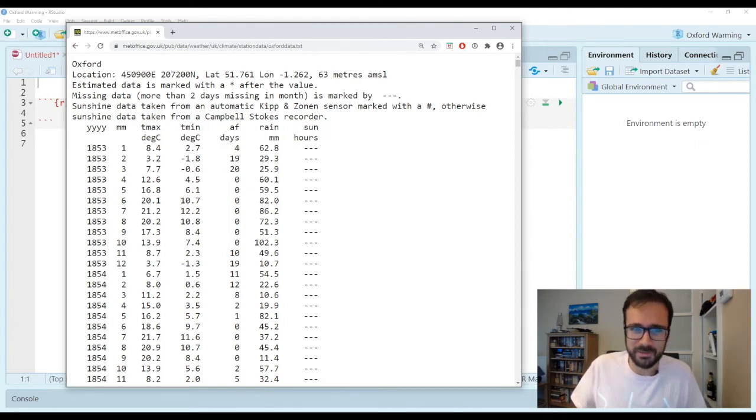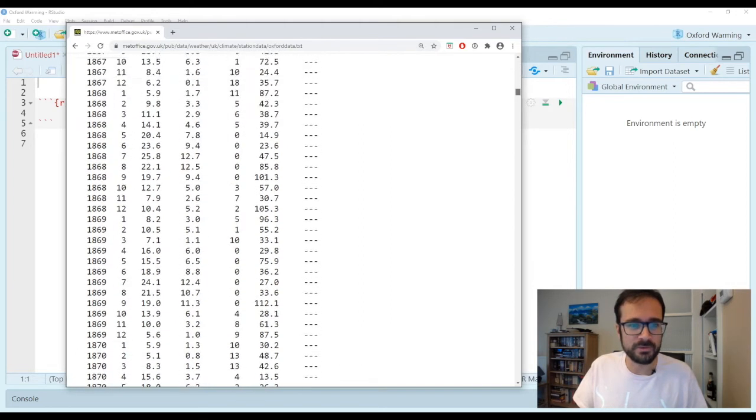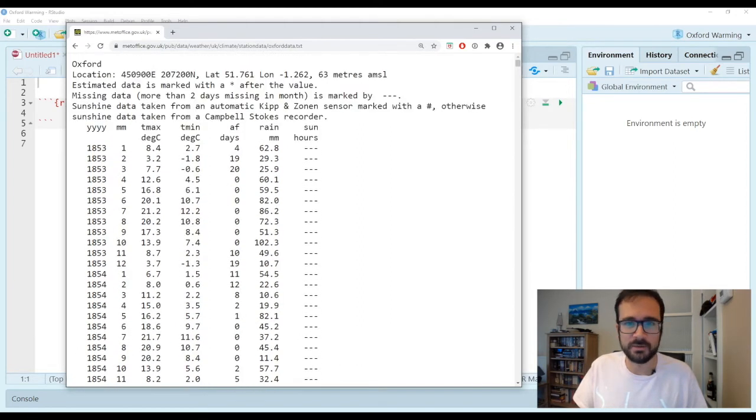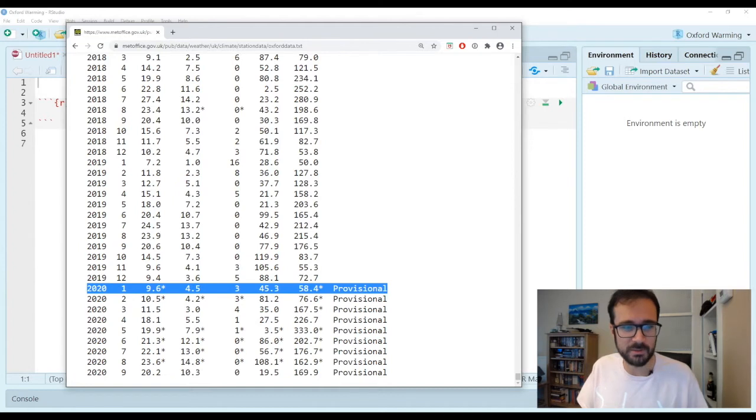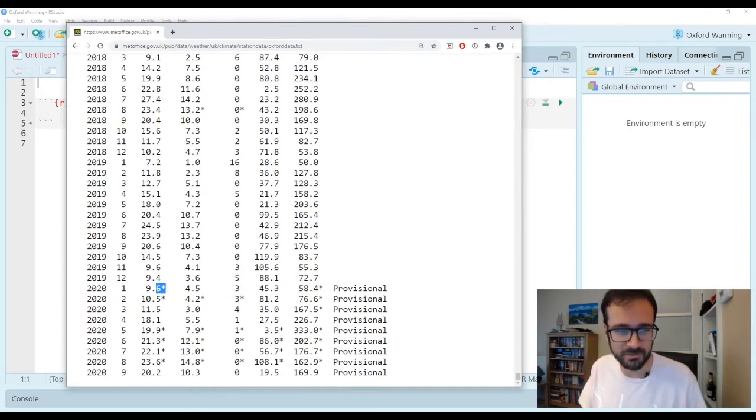I can also see an issue here where there's a slightly unusual choice for recording missing values, 3 dashes. And if I scroll down, you can see here there's things saying, okay, that could have data marked with a hash. That could be a problem. If I go all the way to the bottom of the data and look for the current year, I can also see there's a bit of weird formatting going on here where there's some stars next to provisional values as well.